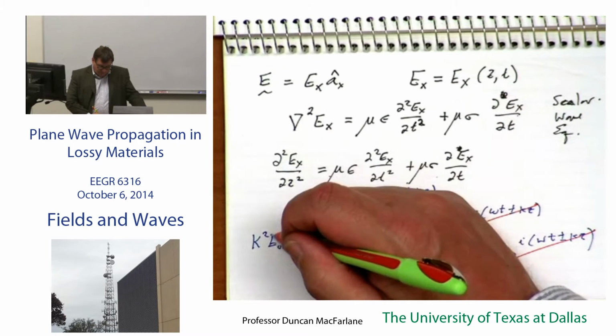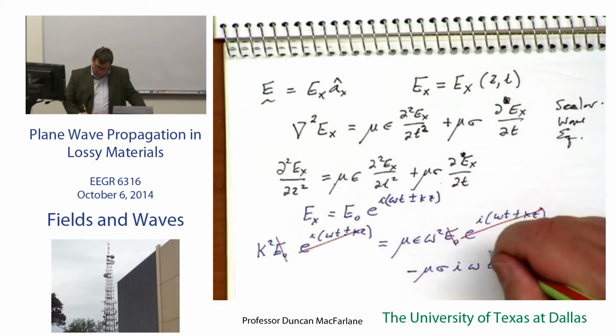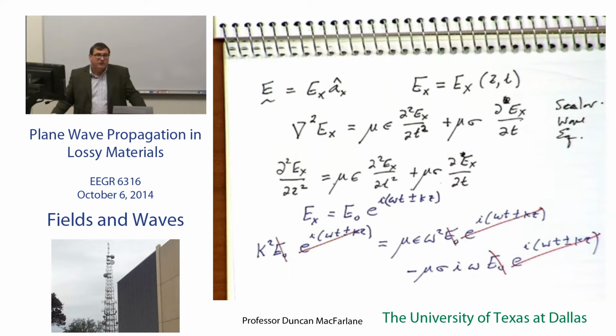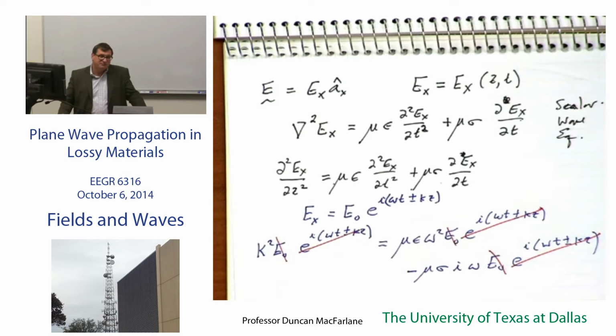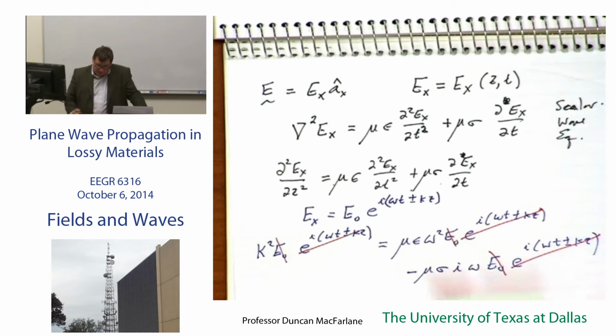The equation is independent of the strength of the field, which is another indication of its linearity. If this were a nonlinear equation, the solution would be dependent on the amount of field that I had. But that's not the case, because these E naughts cancel each other out. This term I had before, this term I had before. This term is new,